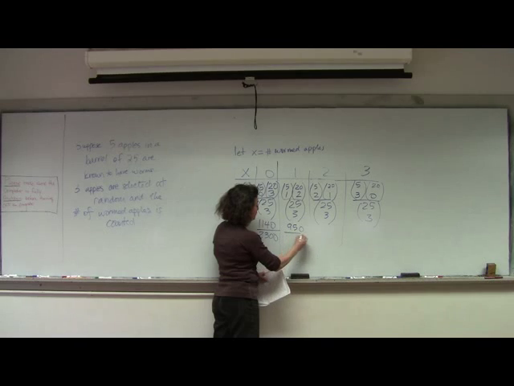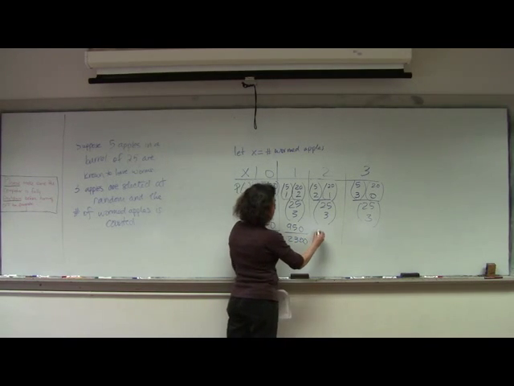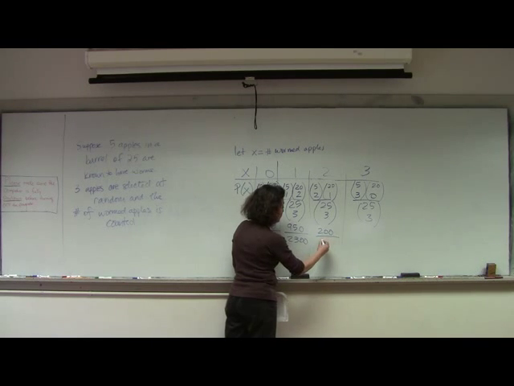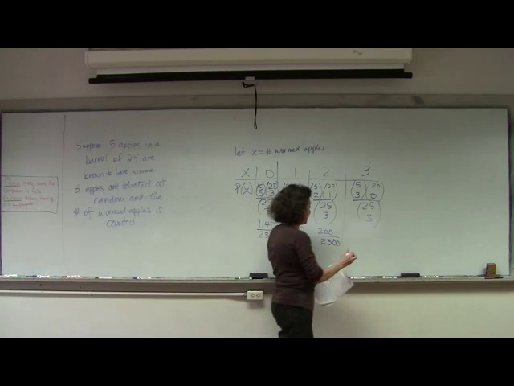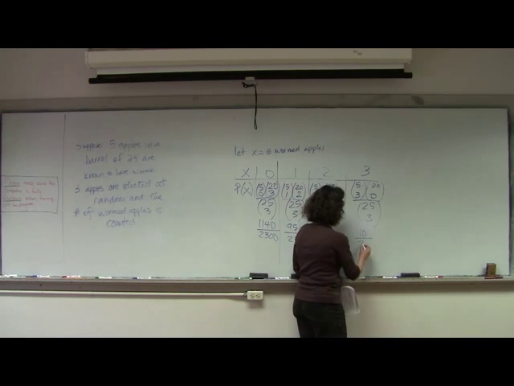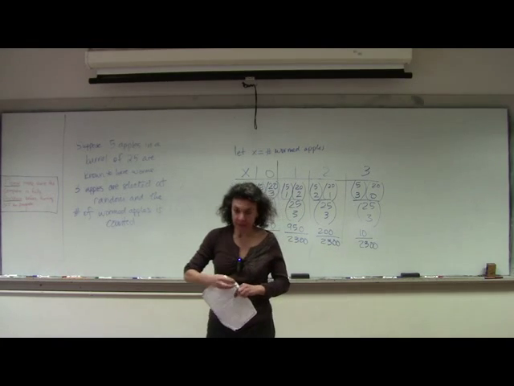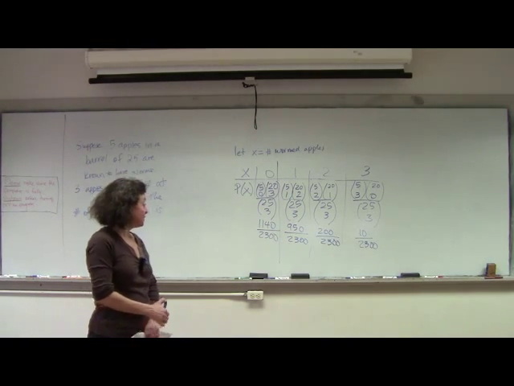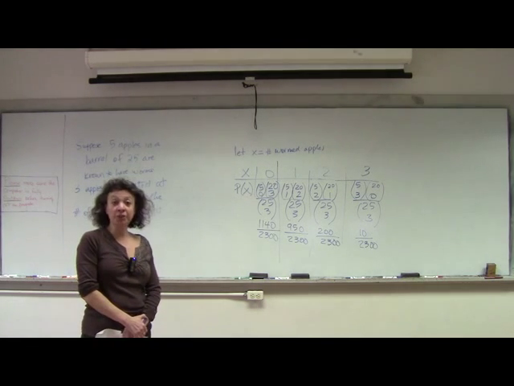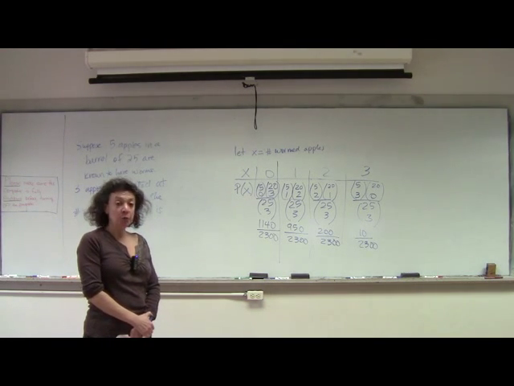This one is 950 over 2,300. Here we have 200 over 2,300. And last but not least, we're going to have 10 over 2,300. And I claim if you add up these 4 fractions, you're going to get 2,300 over 2,300, which